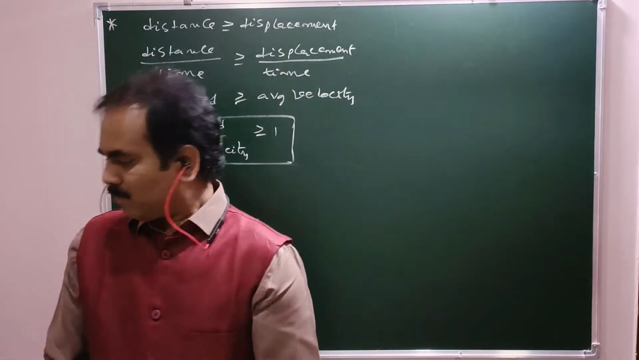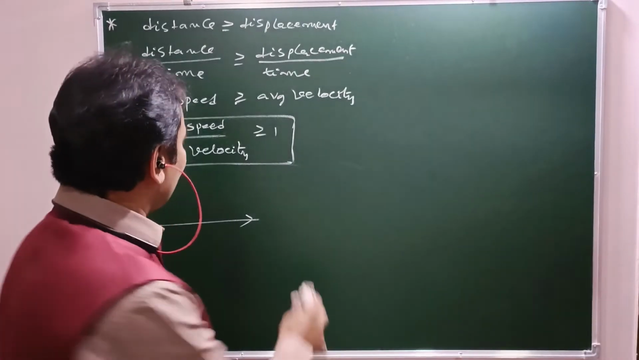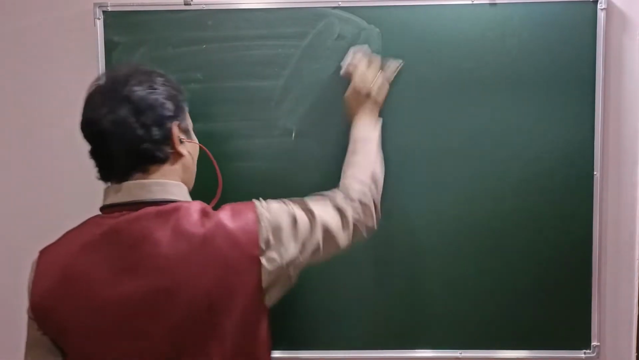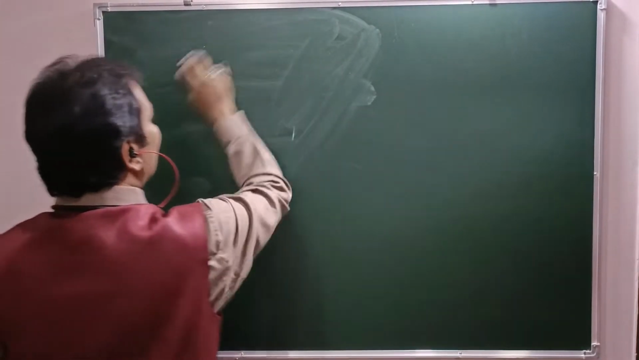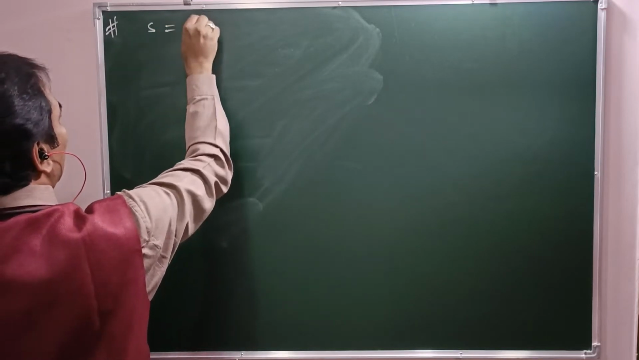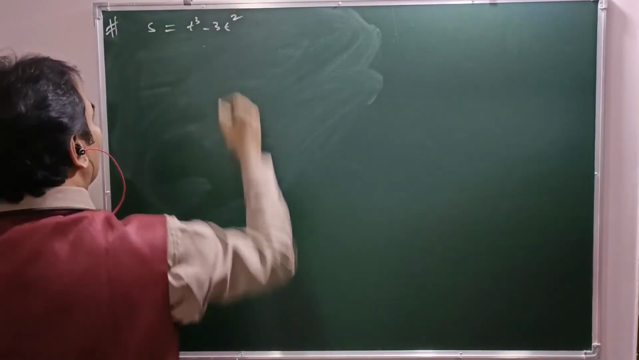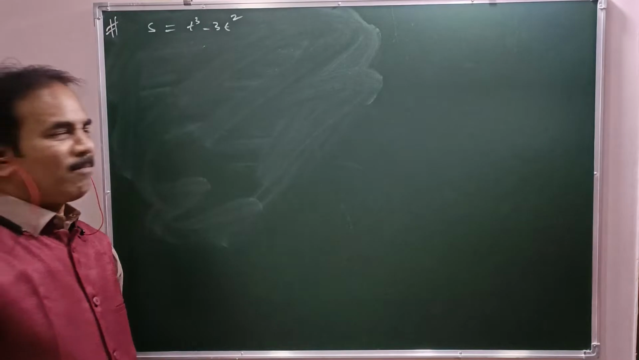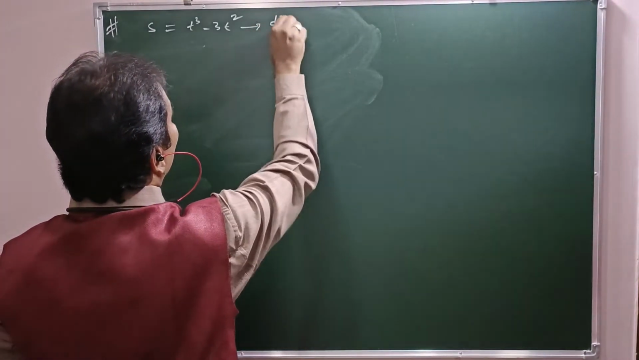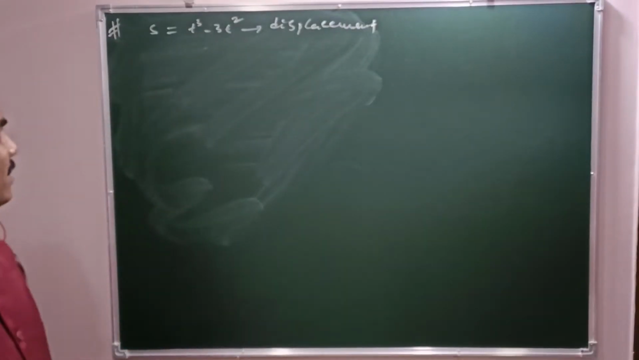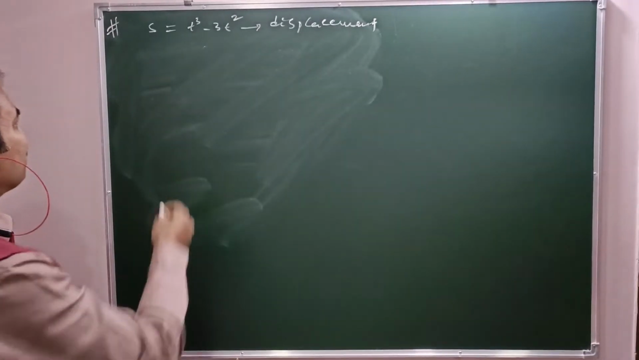Suppose one particle moves as follows. What is the displacement covered by the particle? See here, S equal to t cube minus 3t square. This is the displacement covered by the particle. If S equal to t cube minus 3t square is the displacement covered by a particle, find